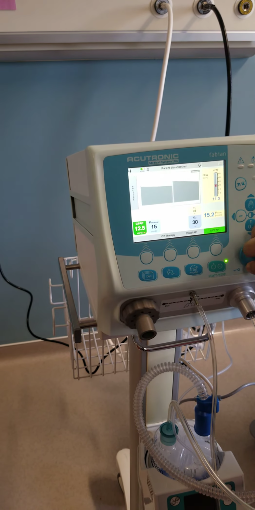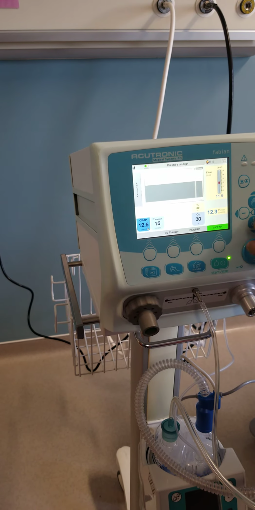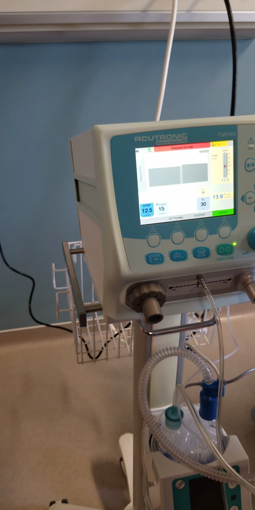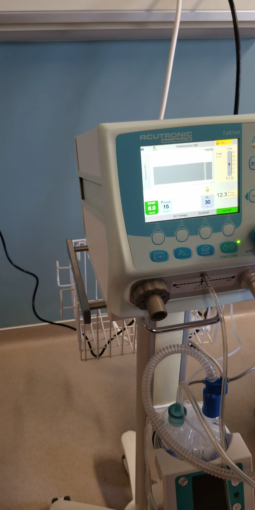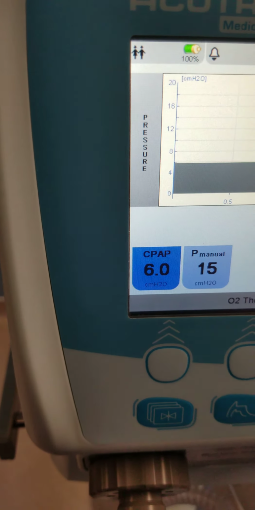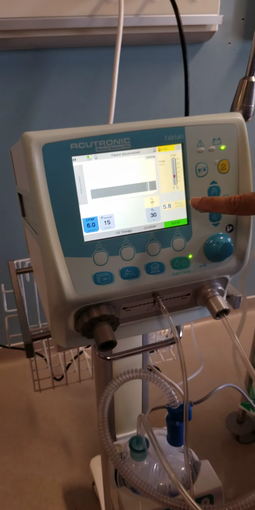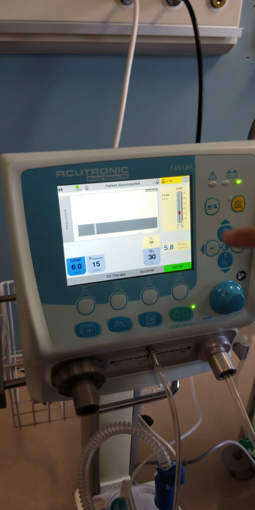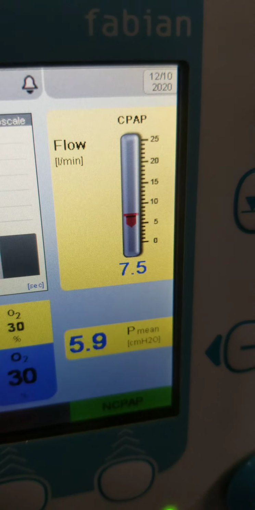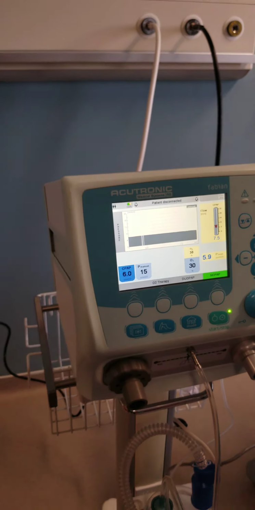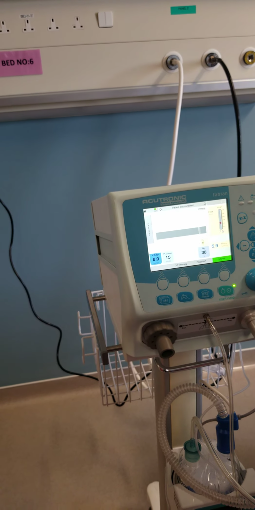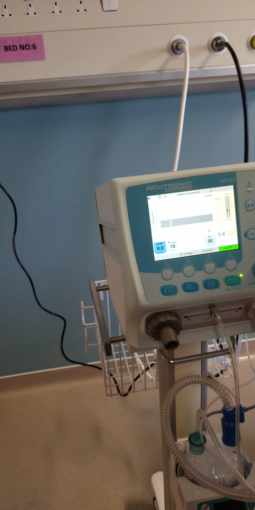Say for example I have selected my PEEP as 6, and now it's connected to the baby nicely, we tried it, and it's working well. I can see my flow is being shown as 7.5. Over a period of time, the baby may move, so when the baby moves, it's not intubated, so there are going to be leaks. When there is a leak, naturally your PEEP will fall, and your machine will start alarming. But this will not happen in this machine.